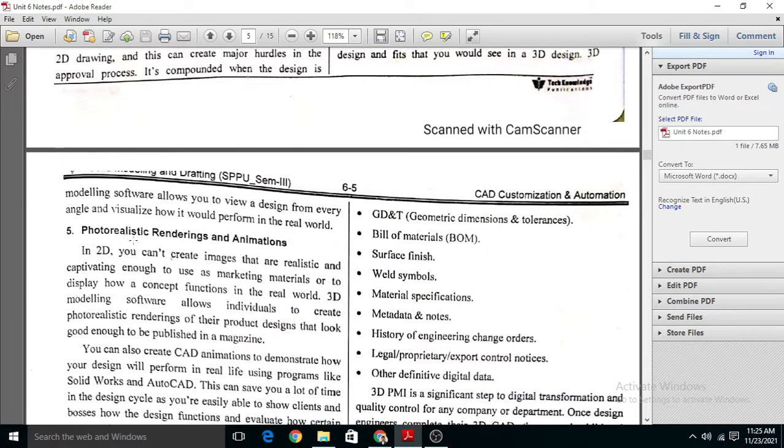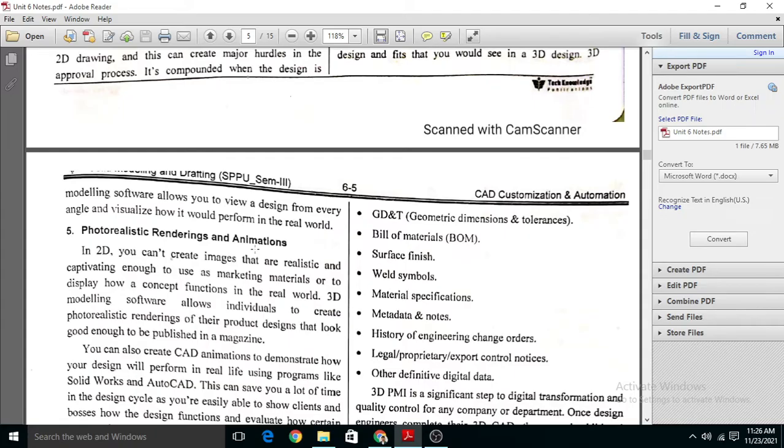The next one is photorealistic rendering and animation. Okay, means by making some changes or by using some color code, we can make this prototype or design realistic, and we can make the animation in it.